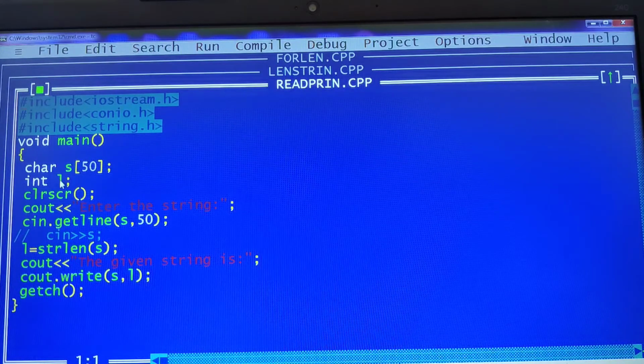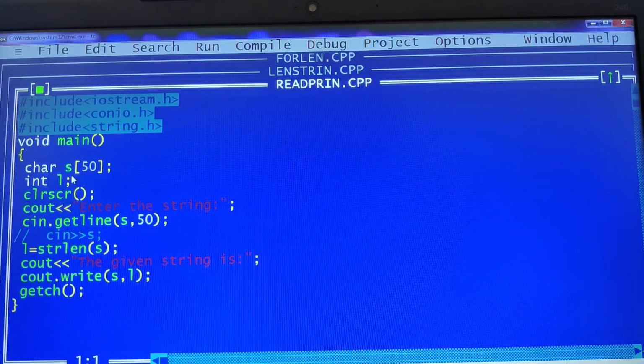I have taken l in order to store the size of the given string. Then clrscr, cout, enter the string. We need to read the given string. In order to read the given string, I am using the getline function here.